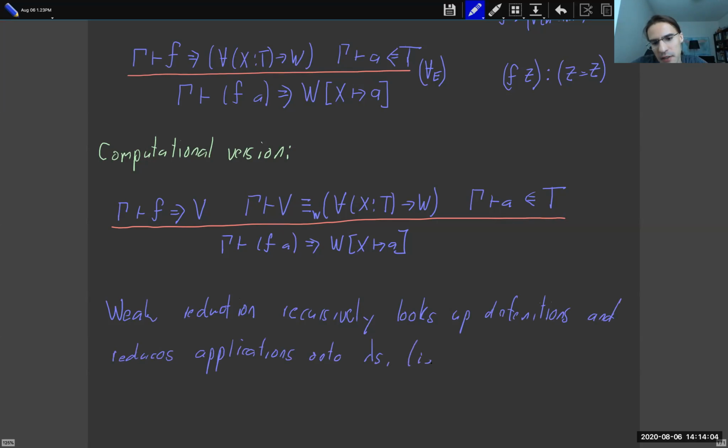Meaning when you have something like lambda x. t applied to s. So it'll just do those. And it'll repeatedly do that to V until it gets to a point at which there are no more definitions to look up, or there isn't an application onto a lambda at the top level. It won't recursively look inside each of the subterms. And so to show you what that function looks like,